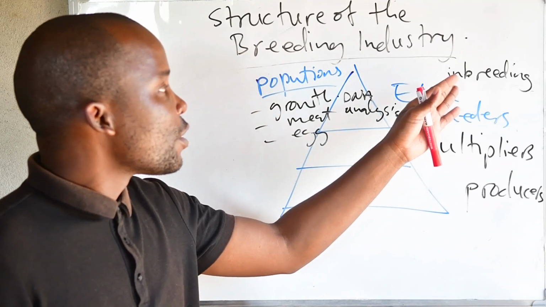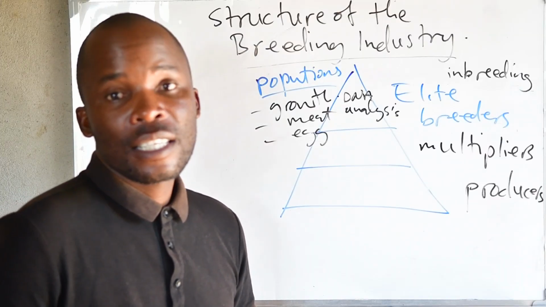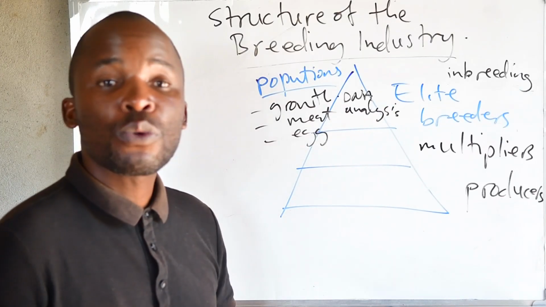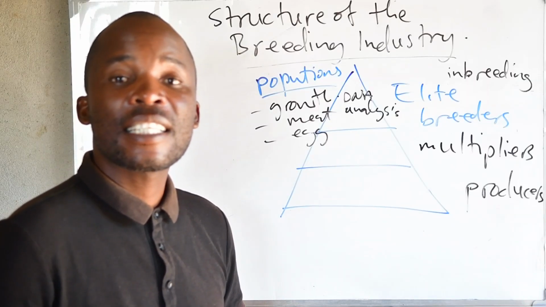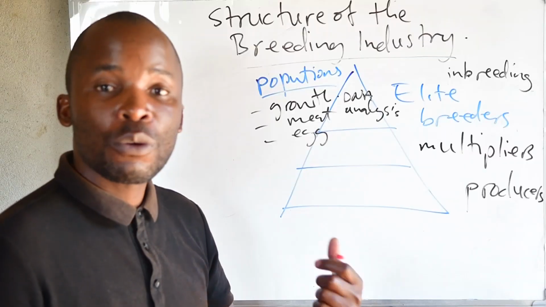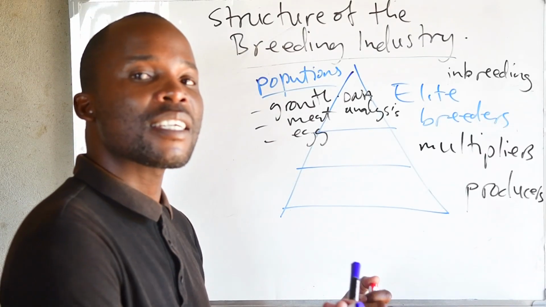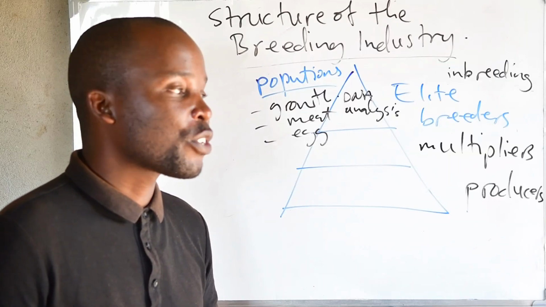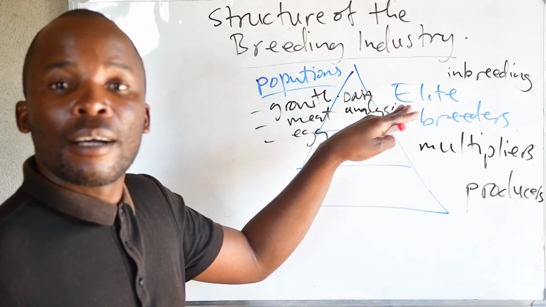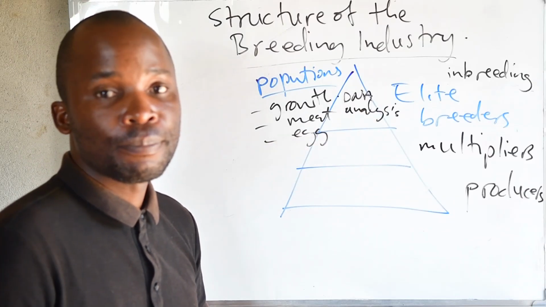So now, as you can see, this whole work that they are doing takes a lot of effort. It takes a lot of resources. If they are going to involve DNA analysis, if they are going to keep these populations and keep thorough records, maybe in software and databases, it takes a lot of money. It takes a lot of resources. So what they do when they get their pure breeds is now to disseminate those pure breeds downstream.